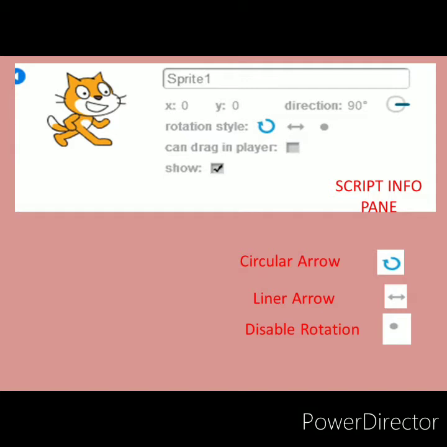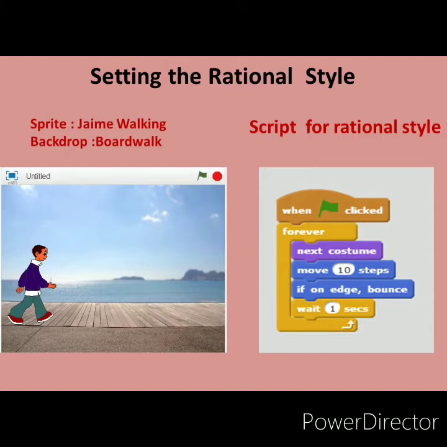In our example we are taking a split, that is Zamin walking, at the place of the cat. You can see here I have taken the split Zamin walking. And for the rotational style, you can see I have taken the script in which the script starts when the green flag button is clicked. After that, a forever loop because Zamin is walking continuously.